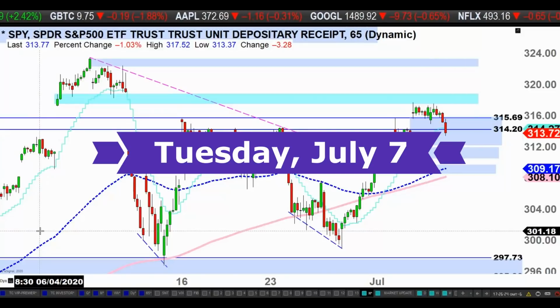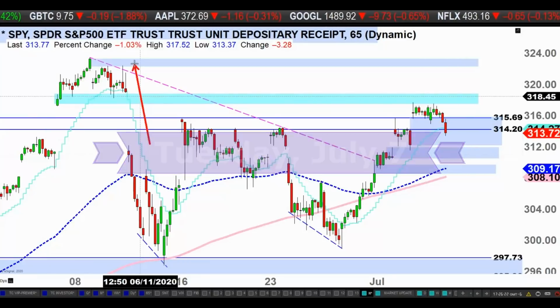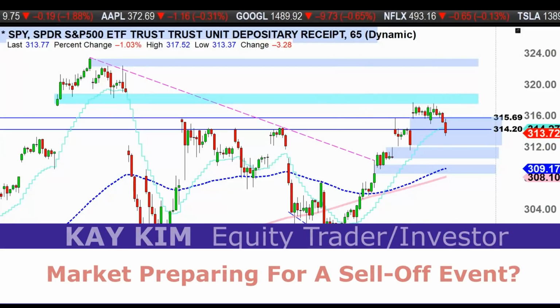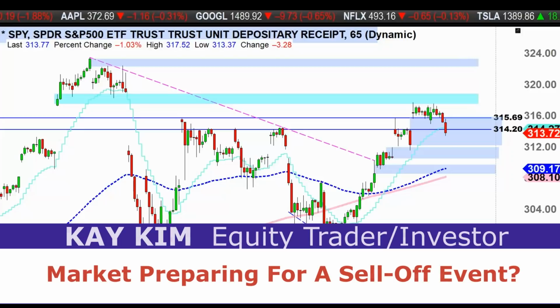S&P 500 is down about 1% there. I think pretty much across the board, the market is down around 1%. The small caps and the banks did get hit harder today. They've been lagging, and I think for this market to really see a big upside move, because you can see the Nasdaq obviously is hitting all-time highs for days,